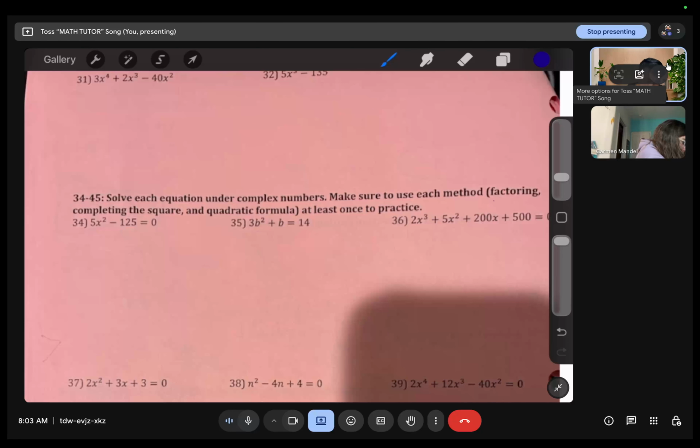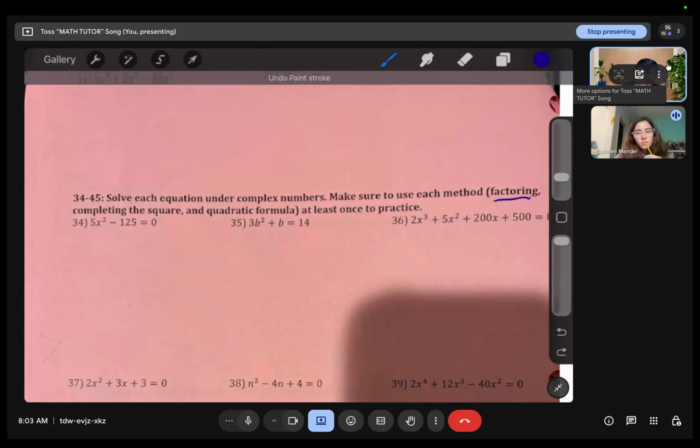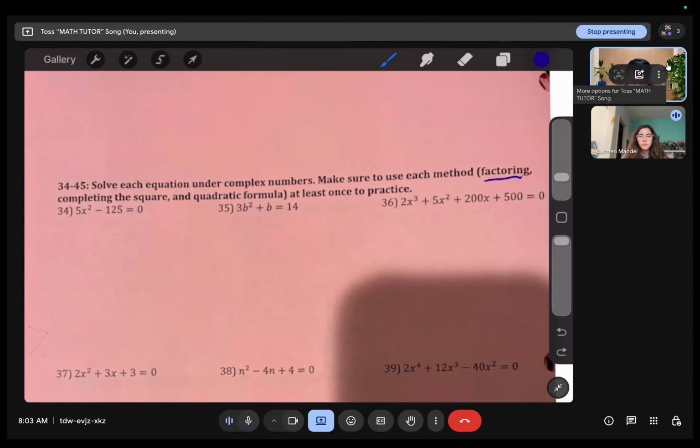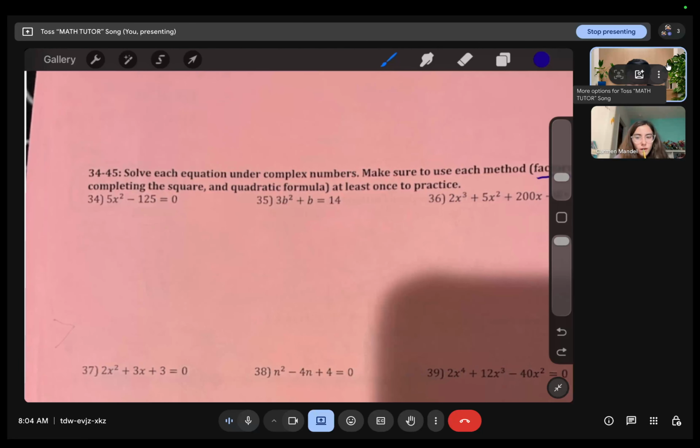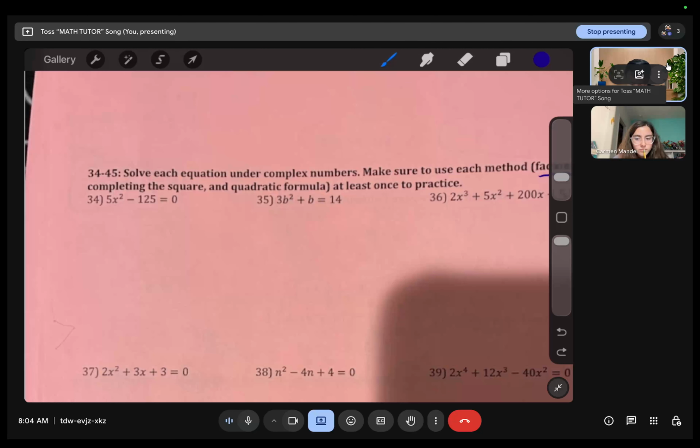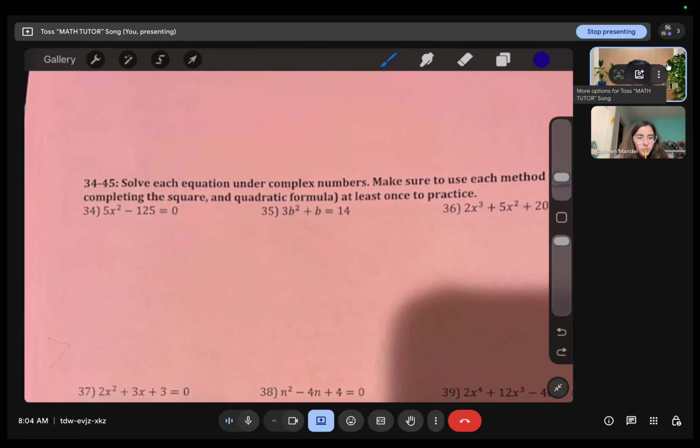That's basically factoring. But then you have completing the square and the quadratic formula. So it really depends how you want to do it. You can technically do all of them except completing the square. On certain ones, like for example, on number 34, you cannot do completing the square because you don't have a